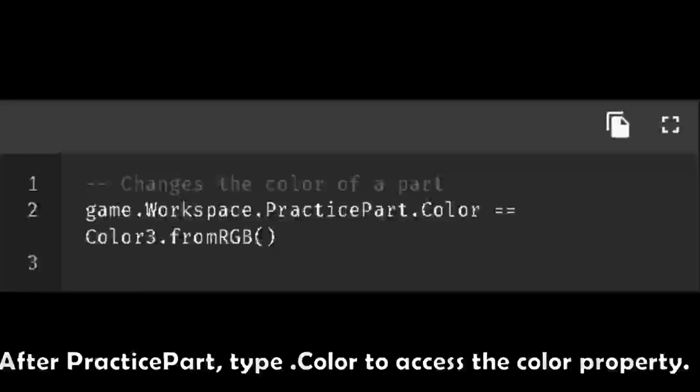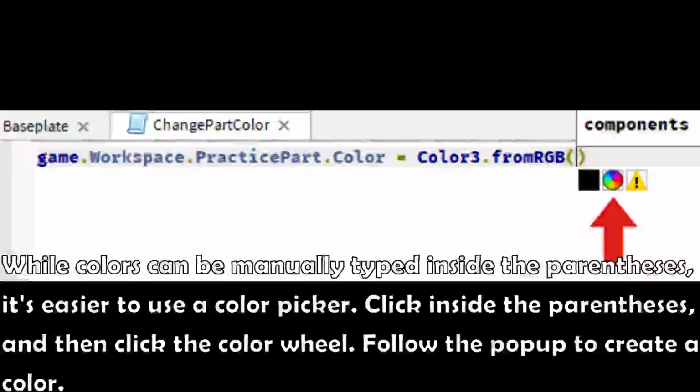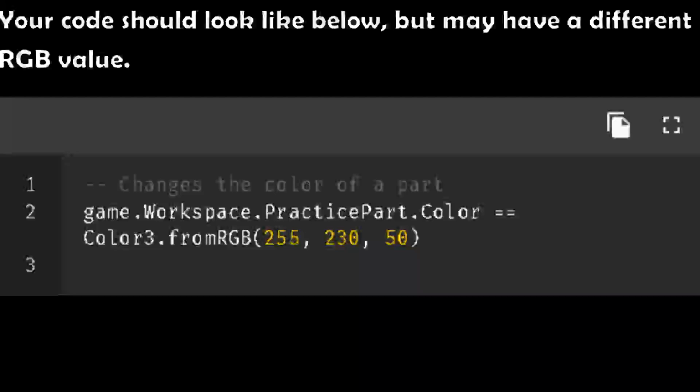After Practice Part, type .Color to access the color property. Continue by typing = allowing you to set that color to something new. Then, set it to Color3.fromRGB. That will allow you to create a new color. While colors can be manually typed inside the parentheses, it's easier to use a color picker. Click inside the parentheses and then click the color wheel. Follow the pop-up to create a color. Your code should look like below, but may have a different RGB